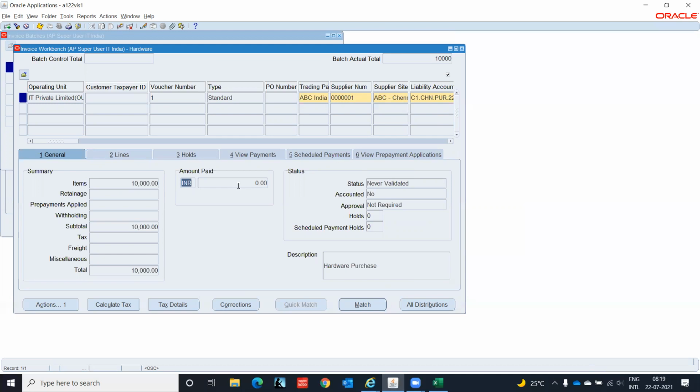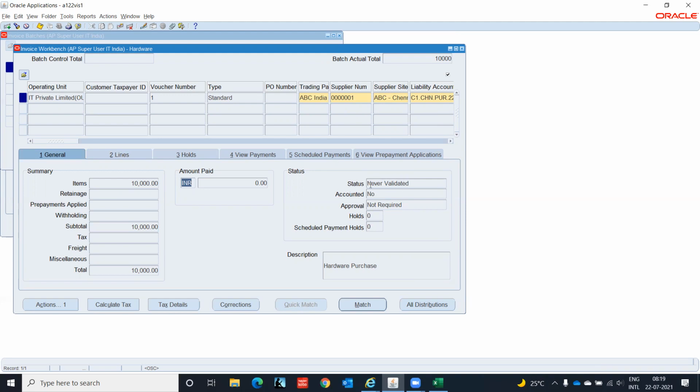So now it comes the status. Status, it is saying never validated. Accounted, it is not yet accounted. Approval not required. Approval setup we have not done. We will do it, and we'll see how the workflow is working. We will see the status and accounting status right now.